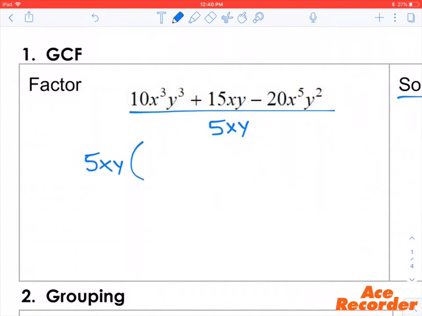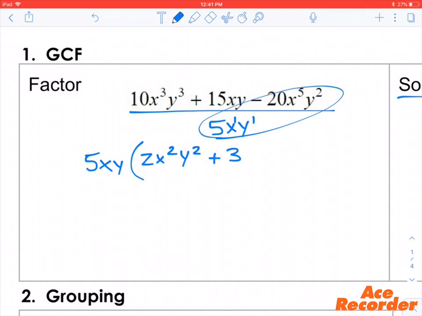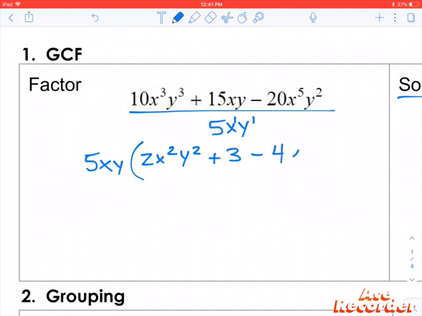So 10 divided by 5 is 2. And then 3 minus, remember there's 1 on the bottom, so you're subtracting 1x away. So 2x squared, y squared. And then the next one, 15 divided by 5 is 3 with no x and no y left over. And then finally, negative 4. So negative 20 divided by 5 is negative 4 with 4 x's left, so x to the fourth, and 1